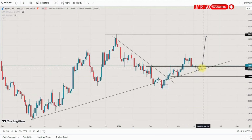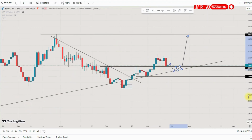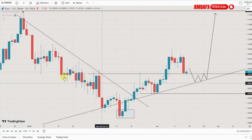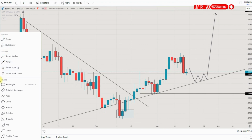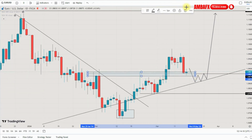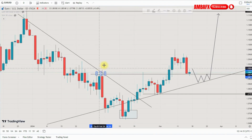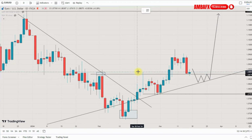So as you can see, that is what I'm actually looking at, Euro USD to the upside at this particular level. And if you check here also, price might start moving from here. Don't rule out that one too. The price might actually start moving from here, and the reason is that if you check this level here, here's a significant support level, here too is a significant support level,